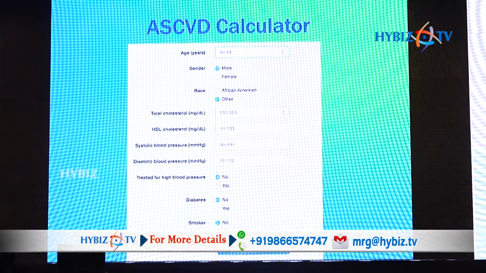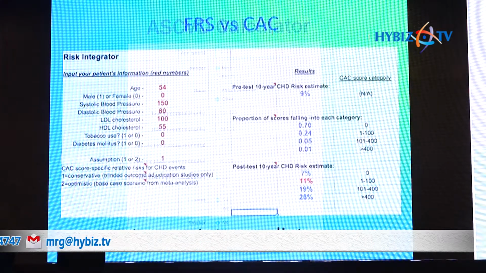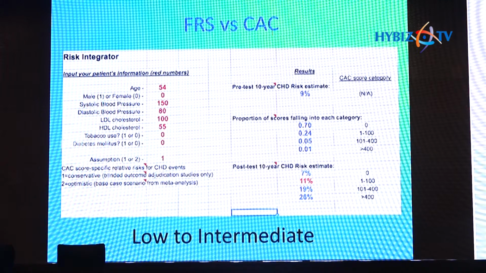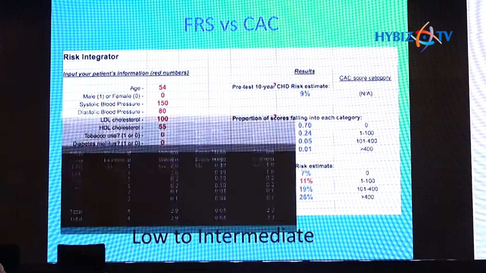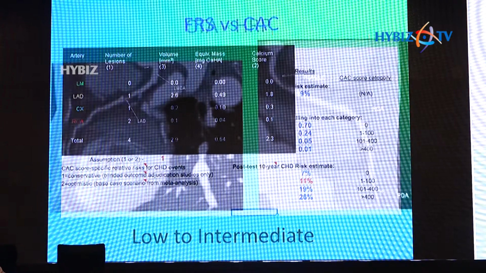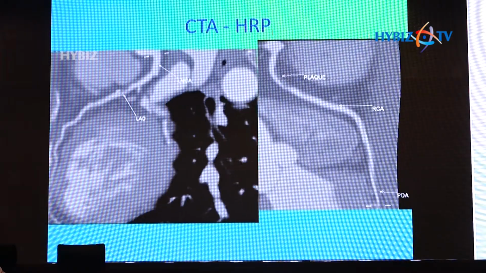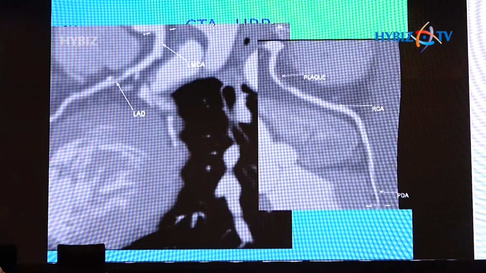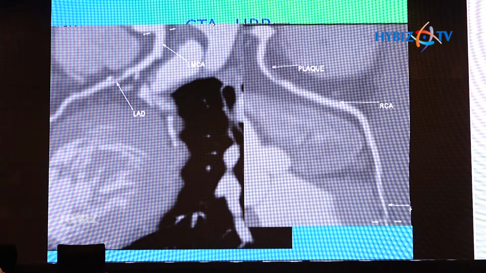So you have the clinical calculator, you do the calculation, you get your risk figure, that's 9%. Then you add on the calcium score for that patient, which is 2.3, and the recalculated risk becomes 11%, which is an intermediate score. Then you do the CT, and you see the plaque, and this is a vulnerable plaque. This is a lipid core with a spotty calcification, and the image on the right is a pure lipid core